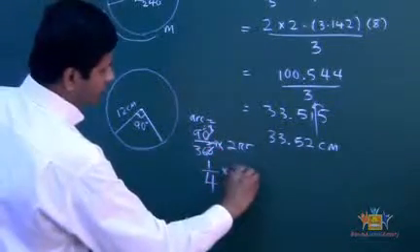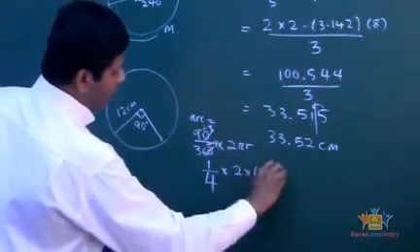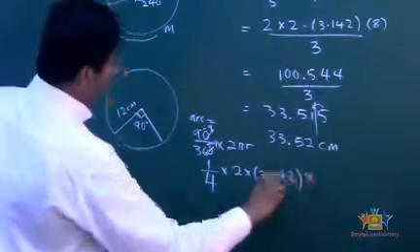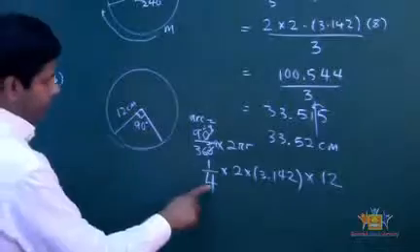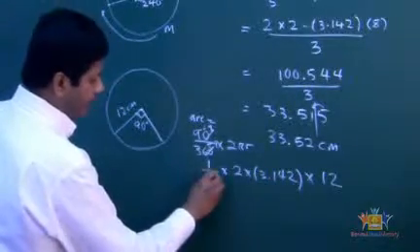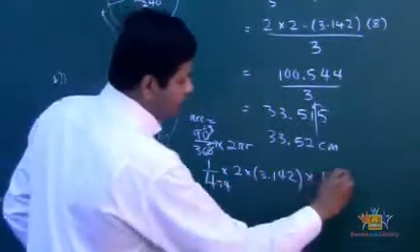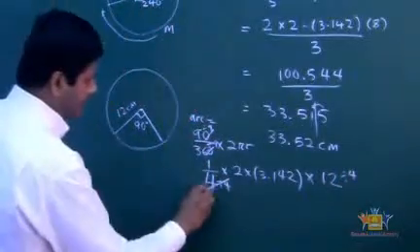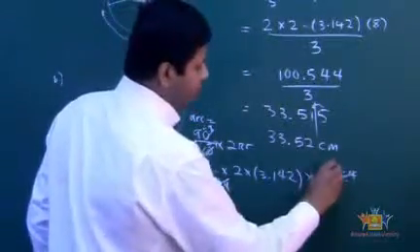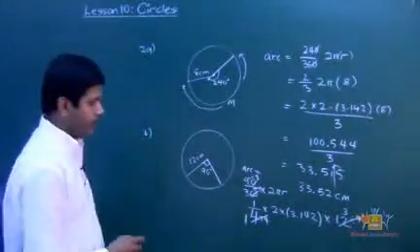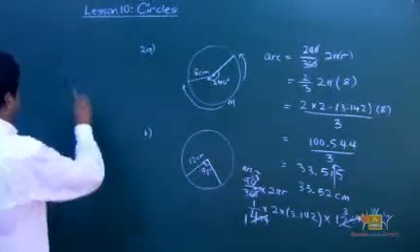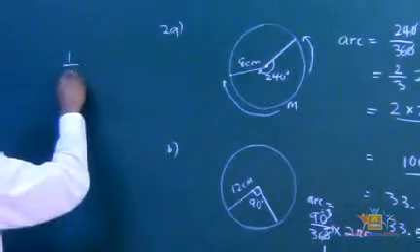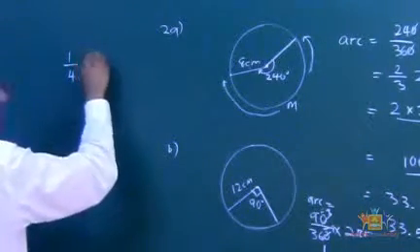And then 2 times 3.142 times r, which is 12. See that? Now look at that, 4 and 12. I can simplify. 4 divided by 4, 12 divided by 4. That makes this one 1 and this one 3. If you're confused with that, let Mr. Mac rewrite that. What that was, we got 1 over 4 times 2 times